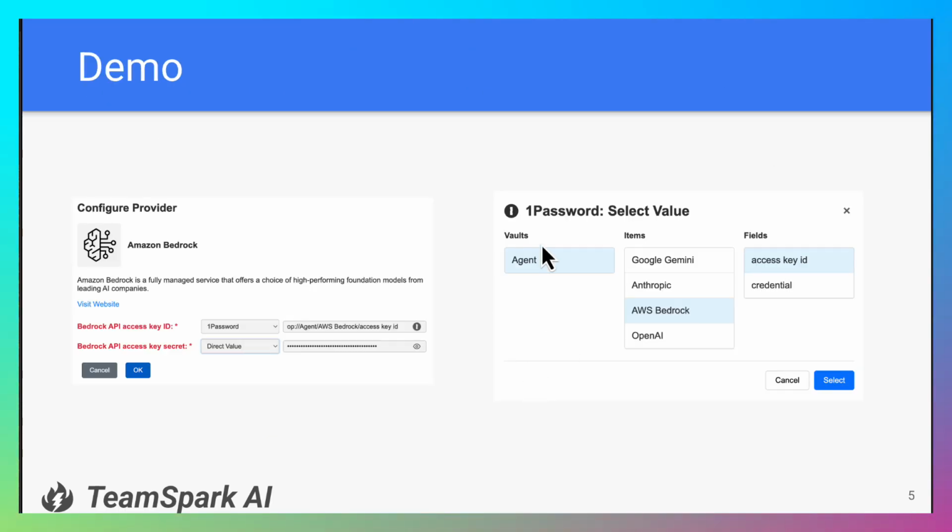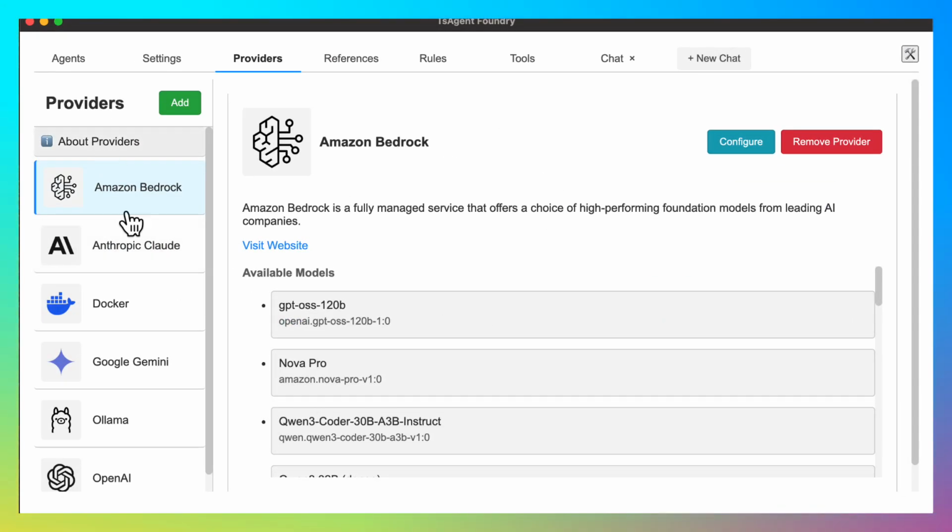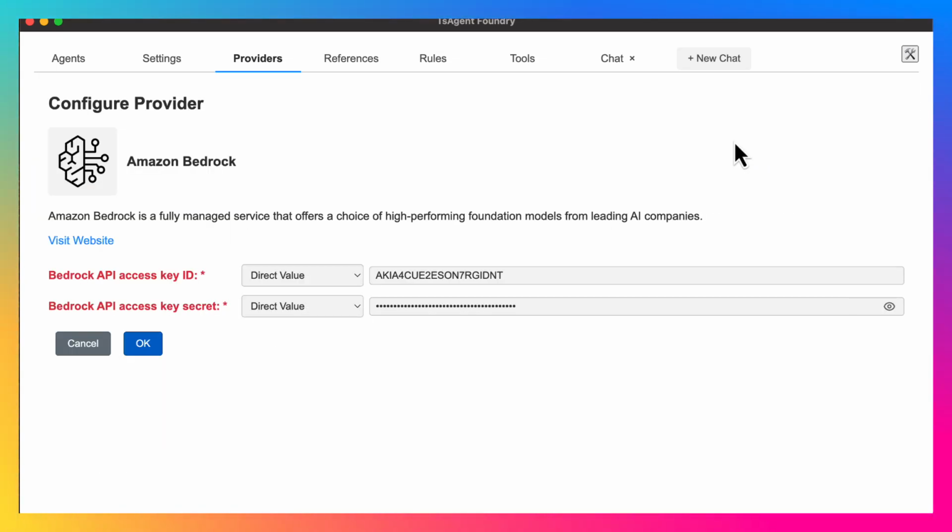So let's just do a quick demo of what it looks like in the product. We have our providers over here. We have a bunch of providers that we support. I have these particular ones installed. So let's look at Amazon Bedrock. We can see that it's configured and I have models already, but let's go reconfigure it. So if I hit configure,